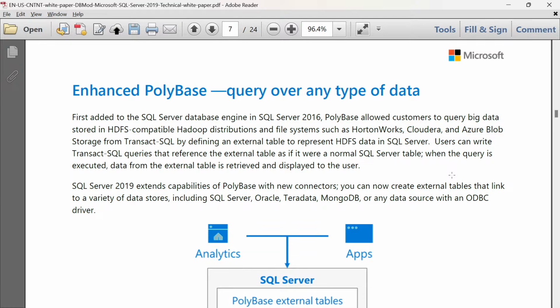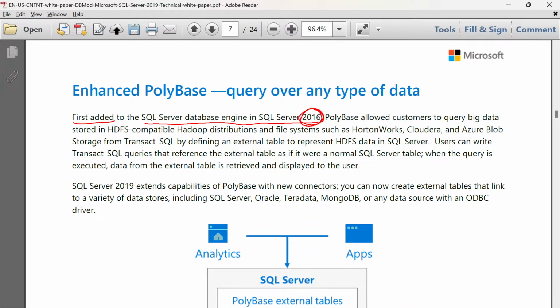It may be a flat file, it may be a relational file, it may be structured, unstructured, any kind of data. So it was first added to the SQL Server database engine in SQL Server 2016. Nowadays it has been enhanced much in the 2017 version and the 2019 version. Well, now what does PolyBase do?